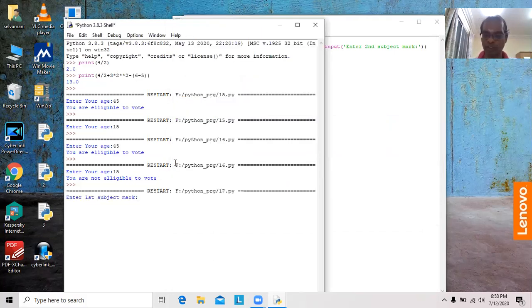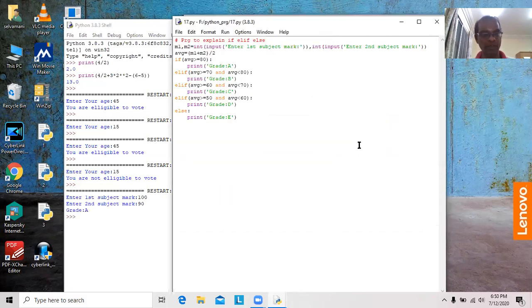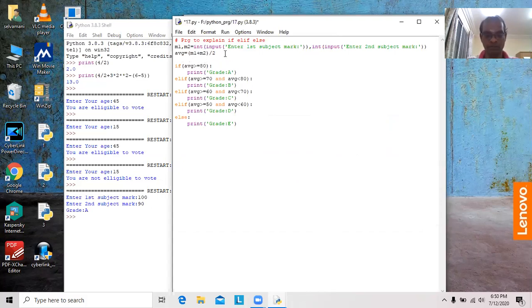First, I have to give the two subjects' marks. Very good marks, I am giving 100 and 90. Total will be 190. Average will be 95. So grade A I got, no problem. We can put AVG here also, then we can easily understand.